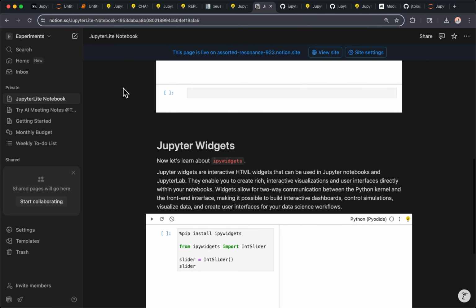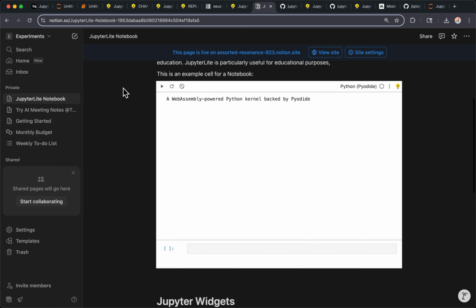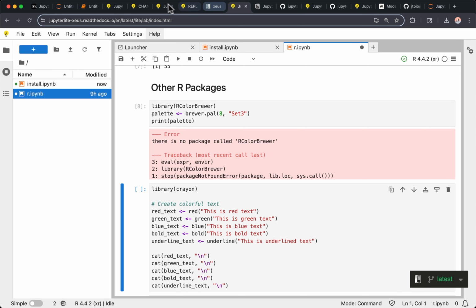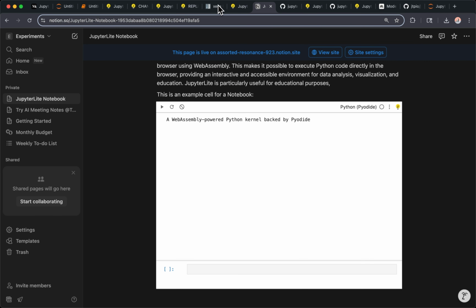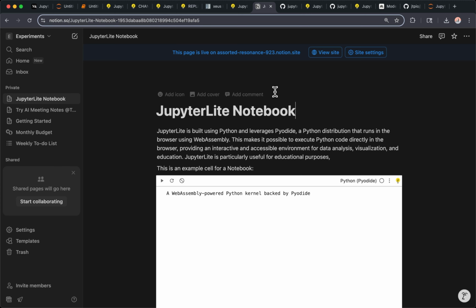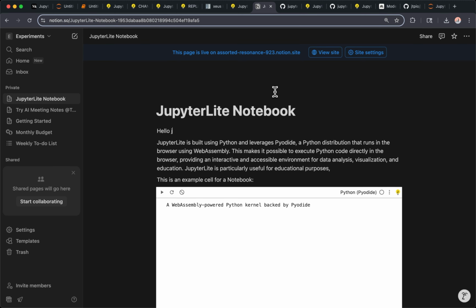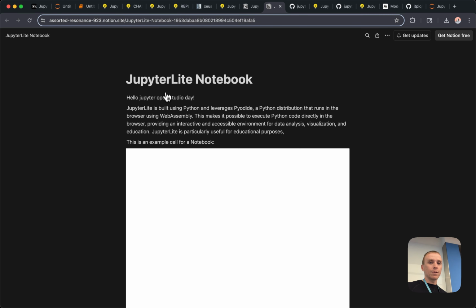I was wondering, if you have this REPL, let's say you are not happy with the notebook interface, but you want to publish a static website on the web, you could write your thing here. You say, hello, Jupyter Open Studio Day. You just need to save it, and then view site.